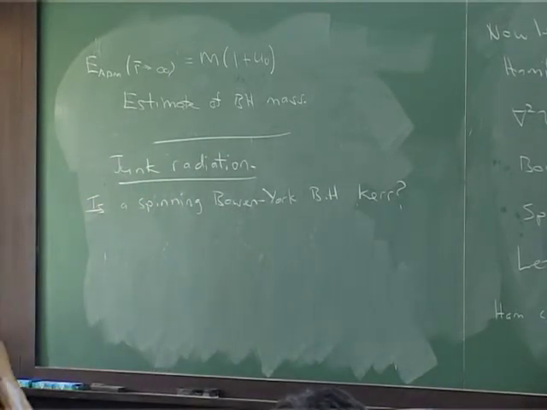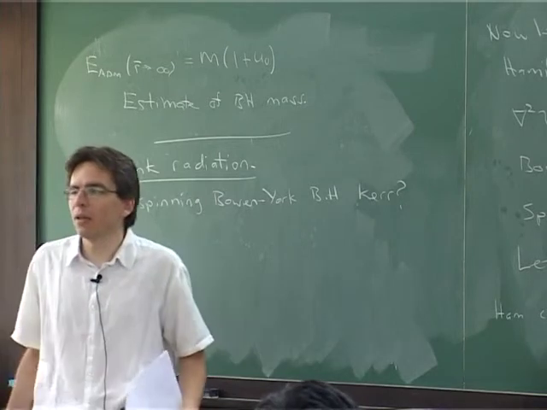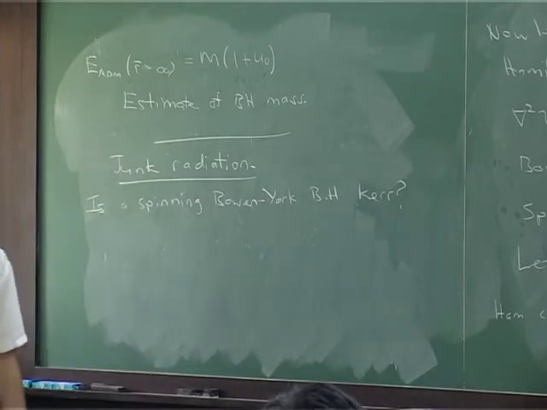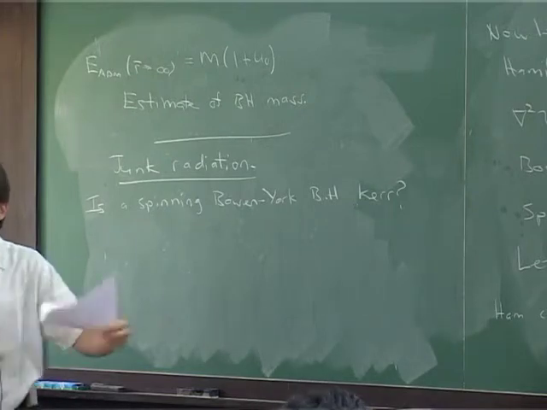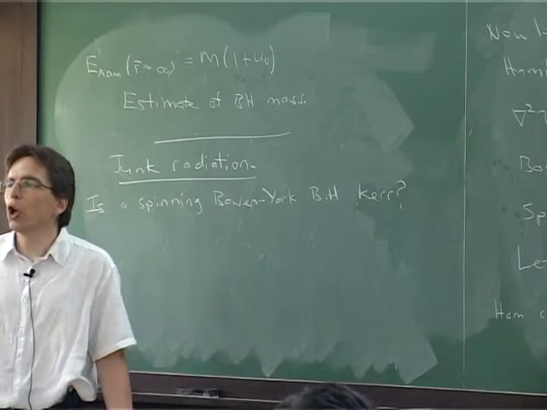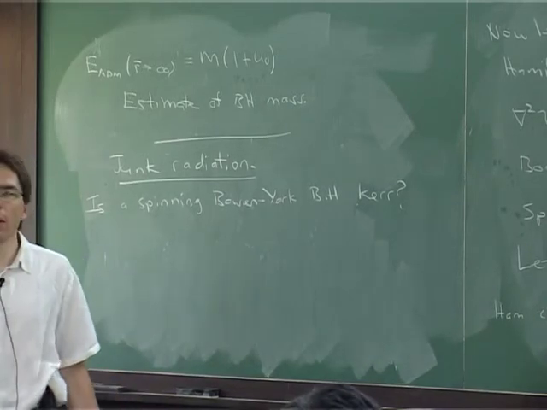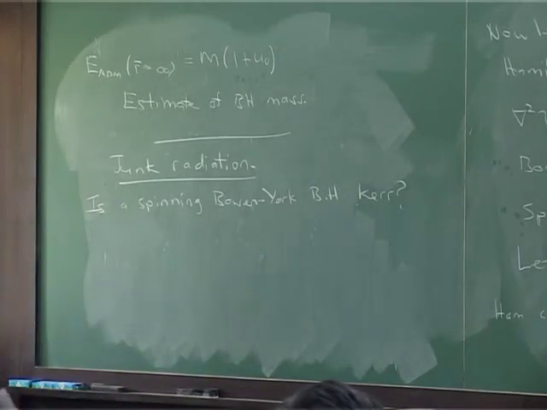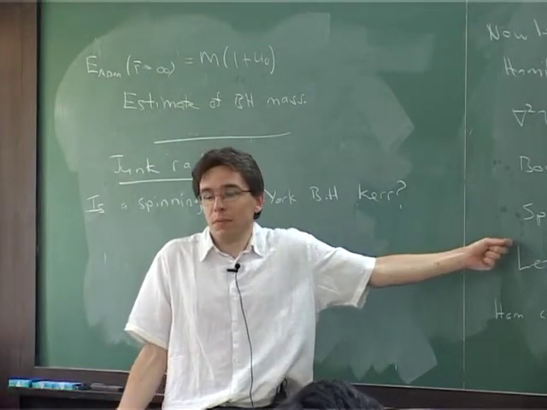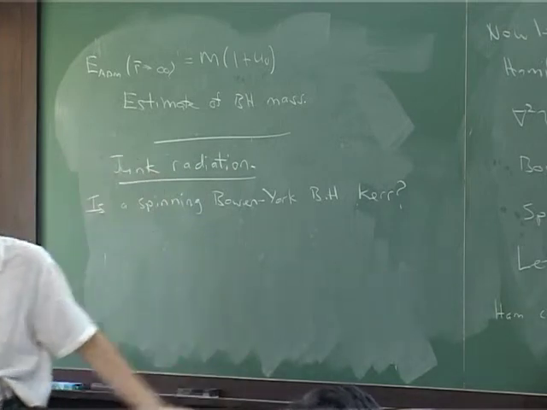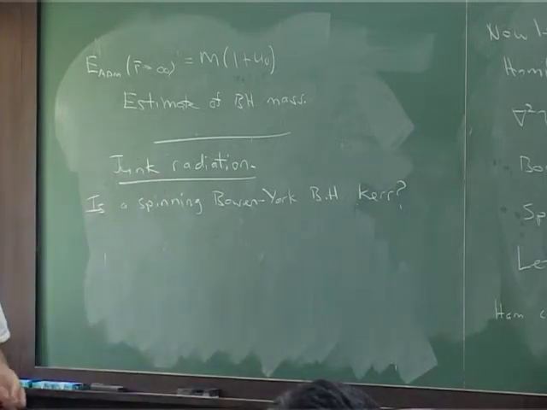We have been told by our betters that the only unique stationary black hole solution, one that just sits there and is a black hole, is Kerr. There is no other solution. This is a spinning black hole, so it must be Kerr. Well, no. It turns out that it's not Kerr, and we know that it cannot be Kerr